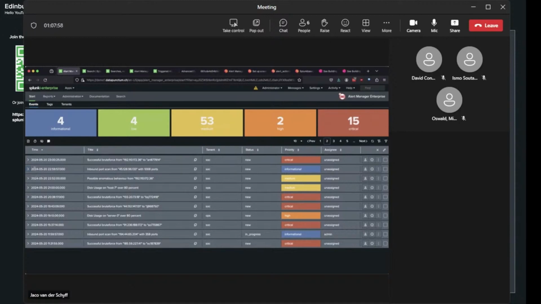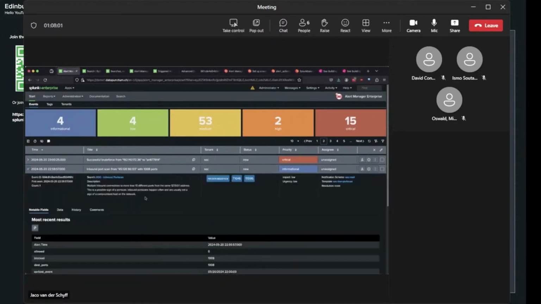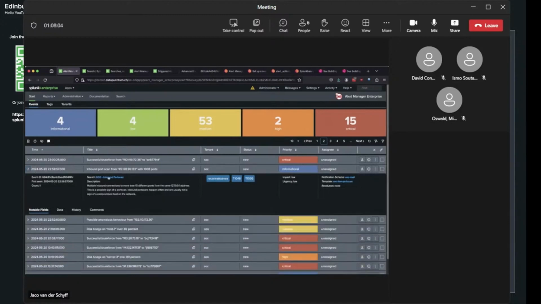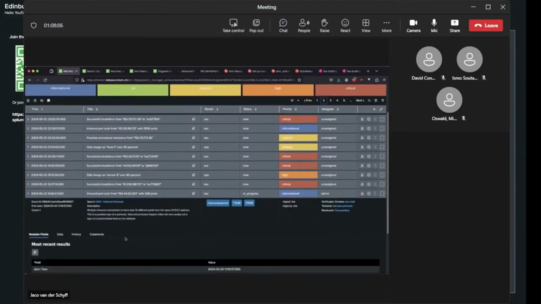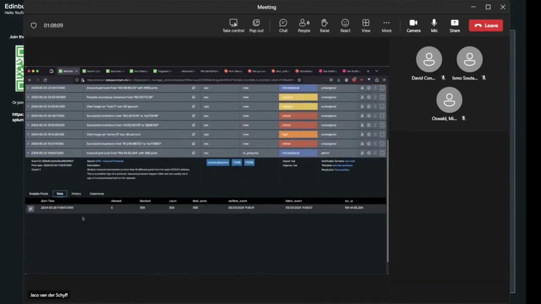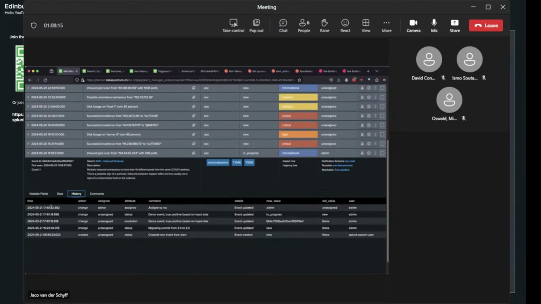Let me quickly find it again. Was it 45? Apologies. Unassigned, which one is the one assigned to me? Here we go. Okay, so here we have the event. Like I say, we had only seen this once. And also I want to show you that the full audit trail is available. So where I was setting the assignee, also setting the status, all of that is tracked with full audit trail, and all of that is available for you to do any audit actions again.